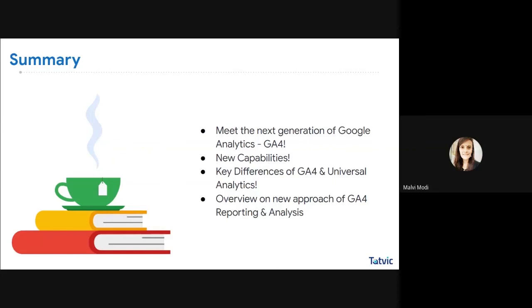So, is content grouping and channel grouping available in GA4, if I have understood it correctly? Currently there is no way that you can have a content grouping or channel grouping, but I have heard before that it might be planned in the upcoming feature releases. There are still some ways